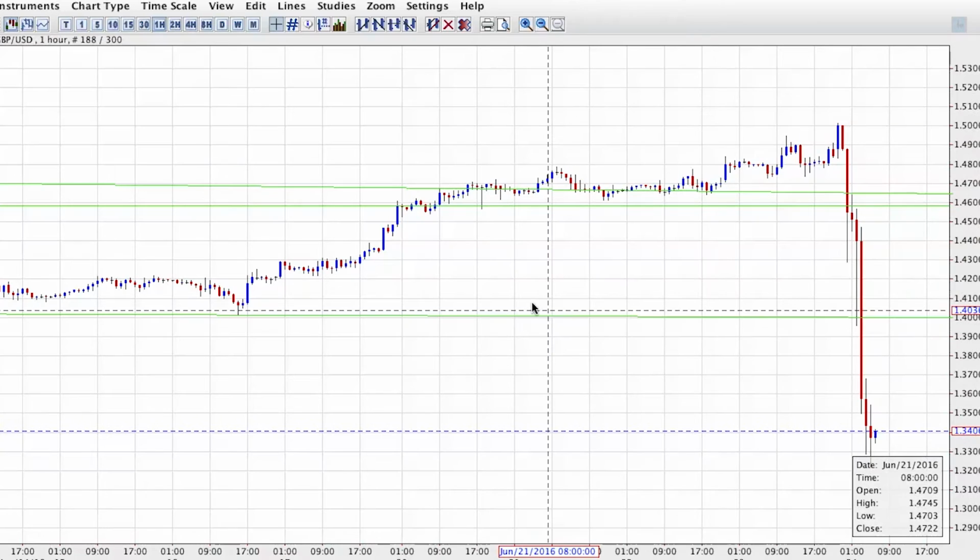The British people have voted to leave the European Union, and really we've seen some of the most incredible moves in the currency market overnight. Some 2,000 pip moves in some currencies, and today I'd like to focus on the British pound against the US dollar as traders now step into the market and try to price the political and also the economic consequences of